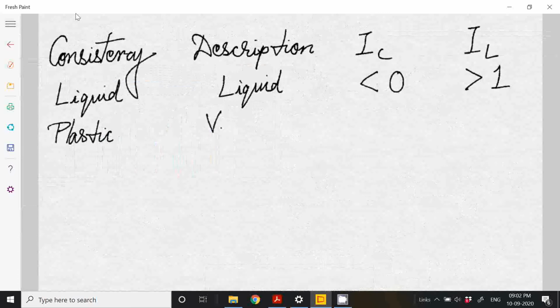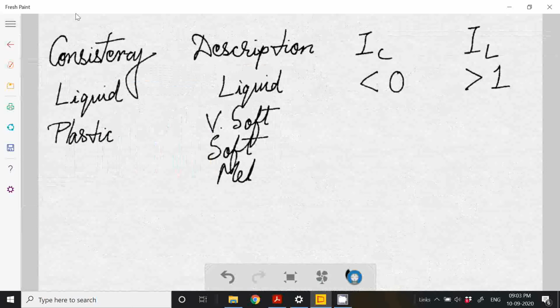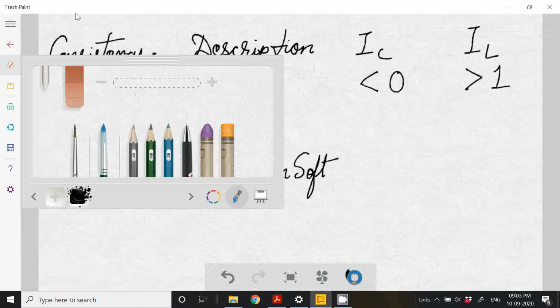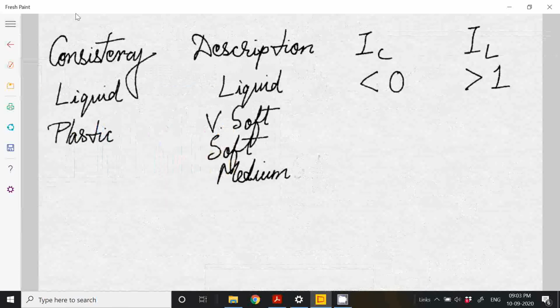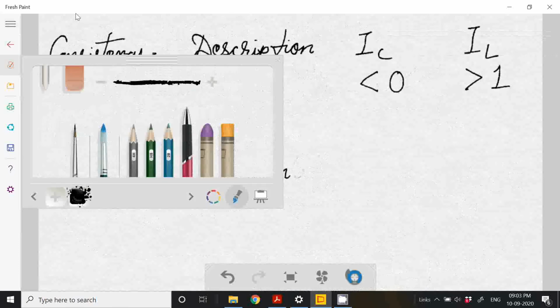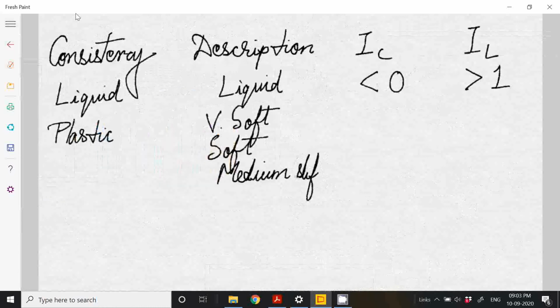So one is very soft, another is soft, another is medium soft, medium stiff, and another is stiff. So for each of them, the range is